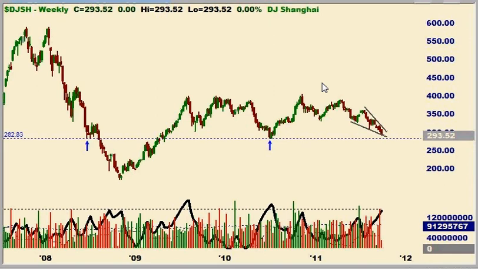Again, looking for somewhat of a bounce in the stock market. Stock market definitely not out of the woods yet in terms of the longer term picture. I'm looking for much lower prices, intermediate to longer term, and if we fail to follow through, say around the 1200 area on the S&P, things could get bad sooner rather than later. Nonetheless, I'm not as bearish as the super bears, and as always, please visit me at smarttrades.com if you want